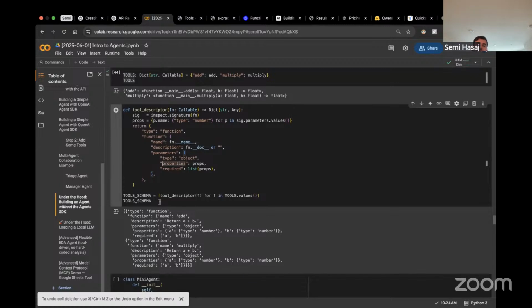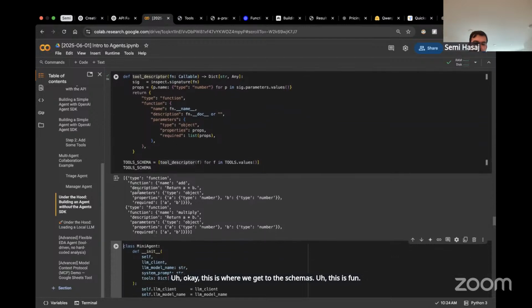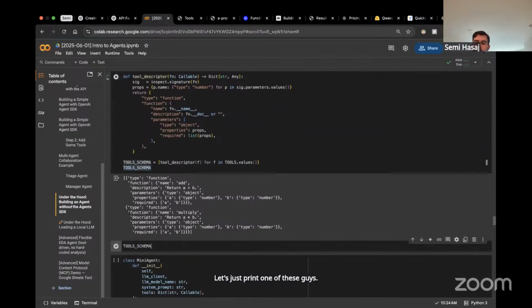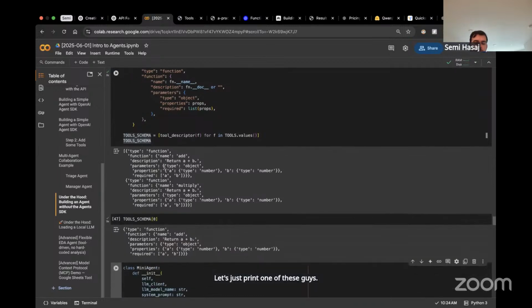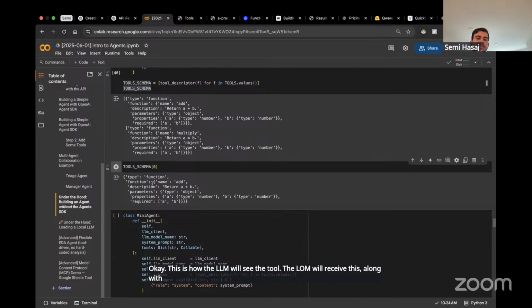Okay, this is where we get to the schemas. This is fun. Let's just print one of these. Okay, this is how the LLM will see the tool. The LLM will receive this along with the user's input, a user's question as input.